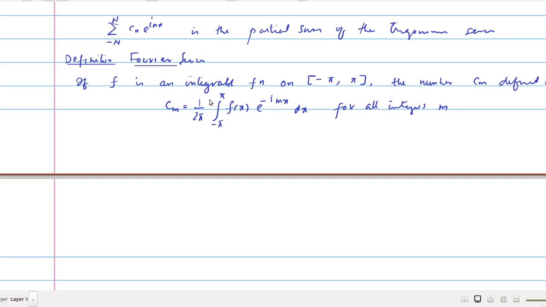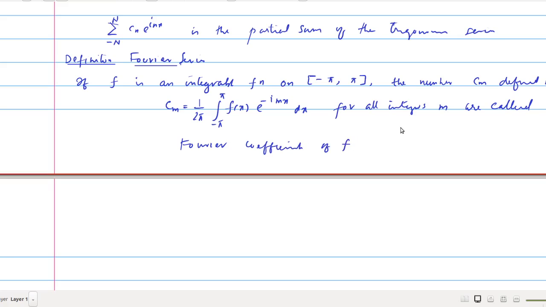Since f is integrable, f of x e to the power minus i m x is also integrable. Then these c_m's are defined for all integers; there is no restriction like a capital N, because f need not be a trigonometric polynomial. It is an arbitrary integrable function, and using it you define these coefficients for all n. These numbers are called Fourier coefficients